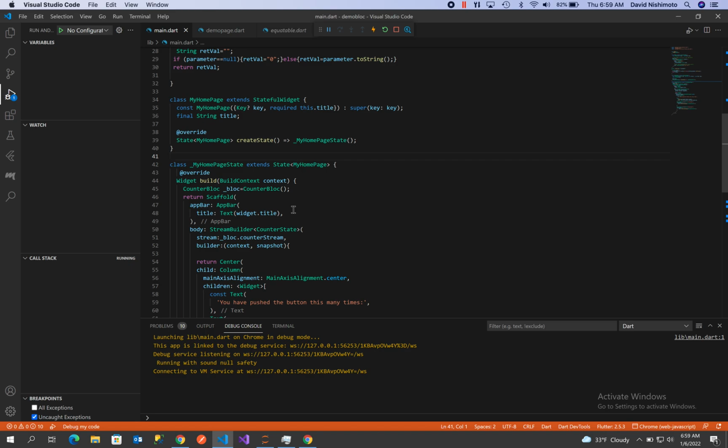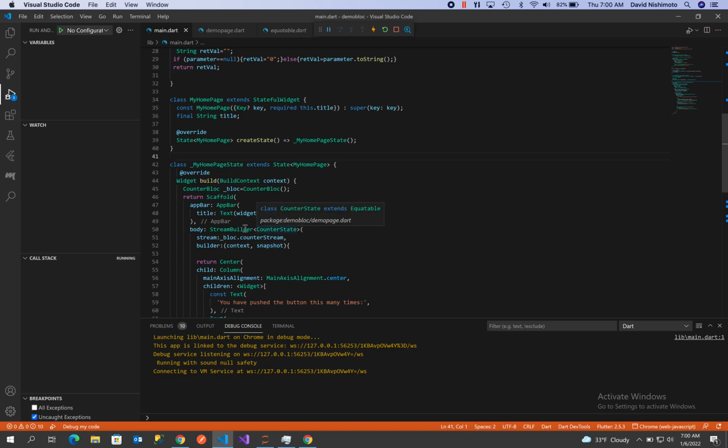You can think of it almost like a plug-in. So I'm plugging in to the stream builder. The stream builder is going to build my UI. I'm going to pass an event to the BLoC code. The BLoC code is going to process that, and then it's going to put some payload on my state, and then it's going to pass that payload back. So it comes back in the stream builder as a snapshot type.